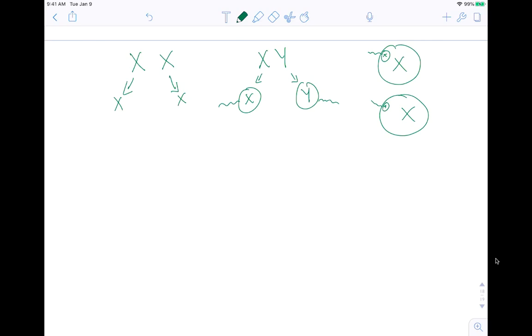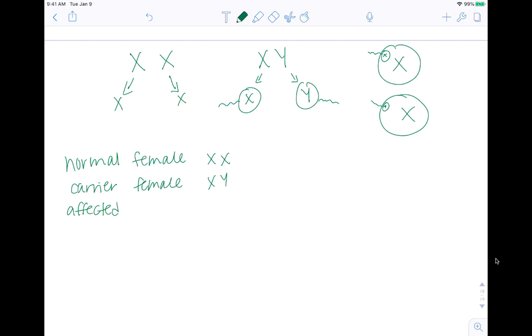Let's talk about color blindness. So I like to show color blindness as just a slightly different convention than what we just looked at. And you'll see this in other textbooks too. So a normal female will be XX. A carrier female will be XY. And an affected,